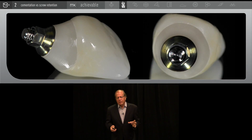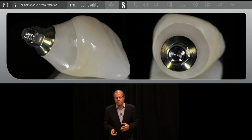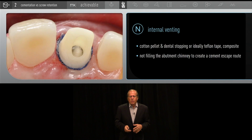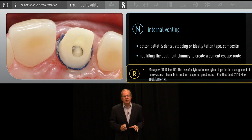Because what we get back from our technicians is an abutment and a crown. We know they impeccably fit because we can evaluate them benchtop, and all we have to do is put them together, cement them if we're cementing it, and we seem to have an inordinate amount of trouble doing that. So once we have the tissue, and that's a very big part of this program, once we have the abutment design,